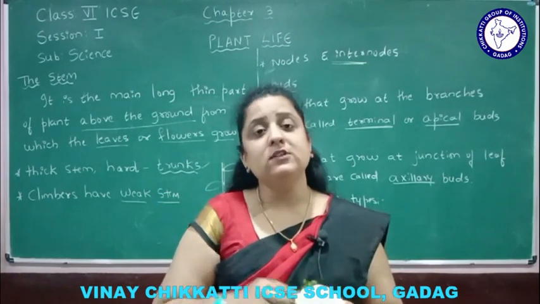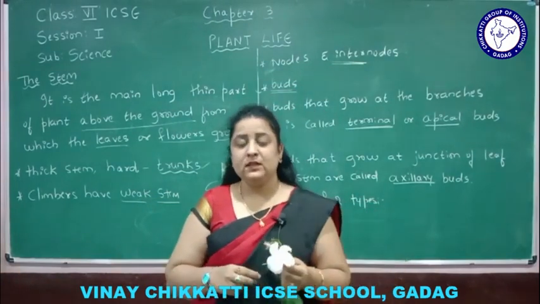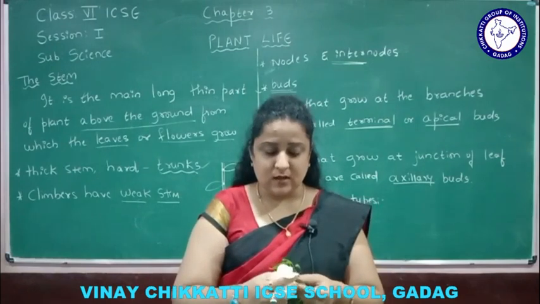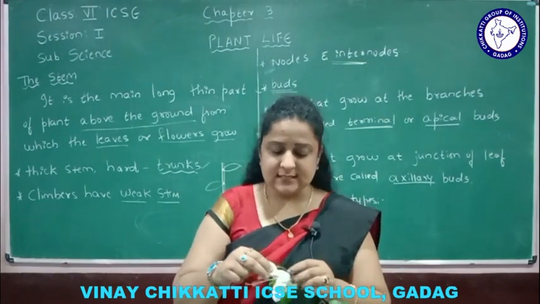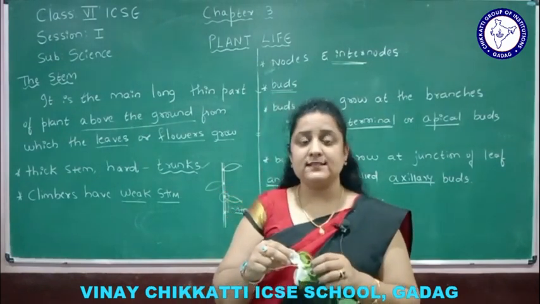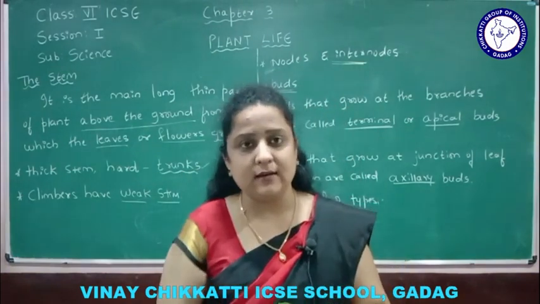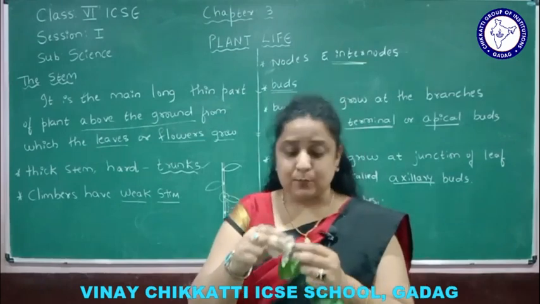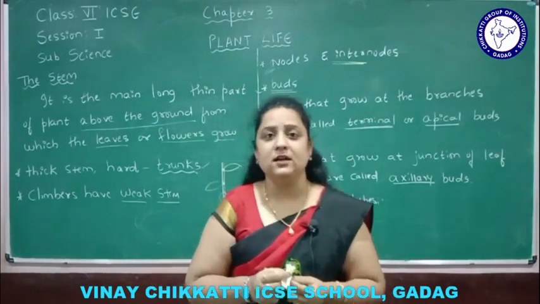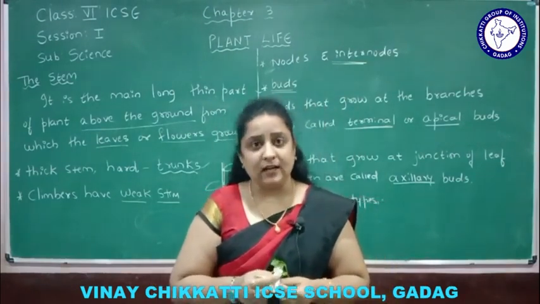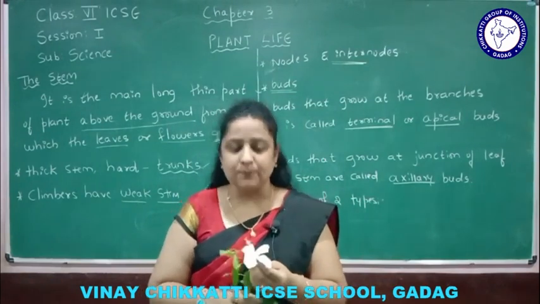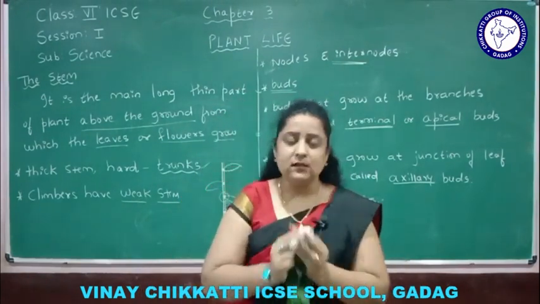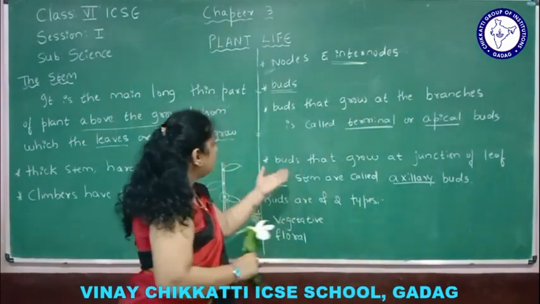Further, now what is the function of a bud? Bud is very important because it protects the flower. You can see this green color portion, this is called the calyx, that you will study in your higher classes. This green color portion is called the calyx. It protects the flower in the bud condition. In Kannada it is called moggu, that is called a bud. When the flower is not yet developed, it is protected in the bud condition.